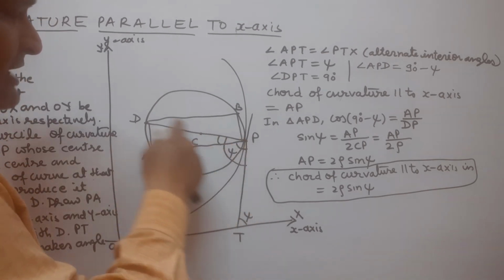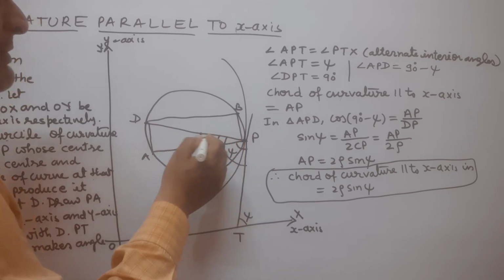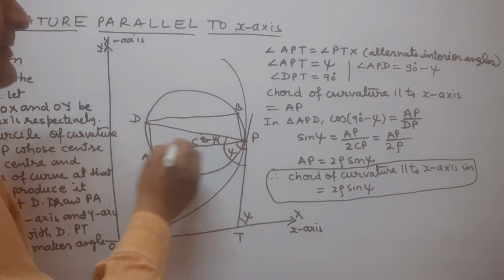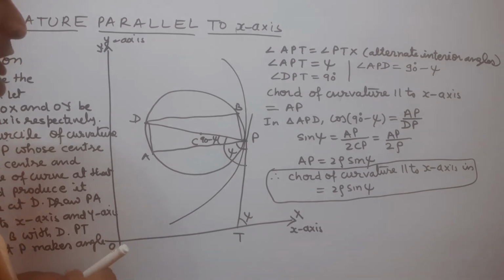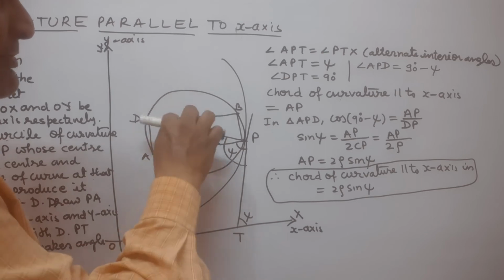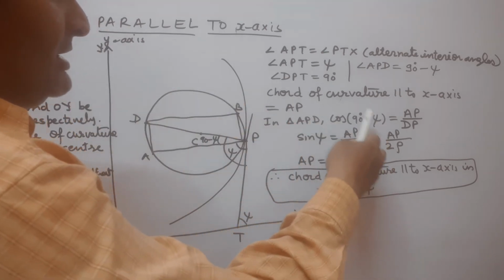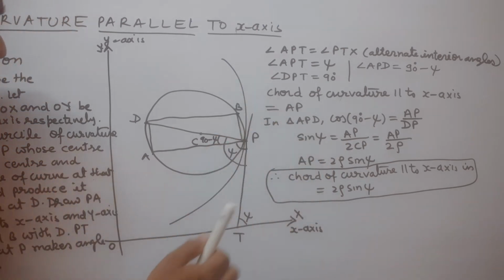In this triangle APD, when we find cos 90 minus psi, the angle is 90 minus psi, so cos 90 minus psi is base upon hypotenuse. Base is AP, hypotenuse is DP, so AP upon DP. Now we know that cos 90 minus theta is sin theta, so sin psi is equal